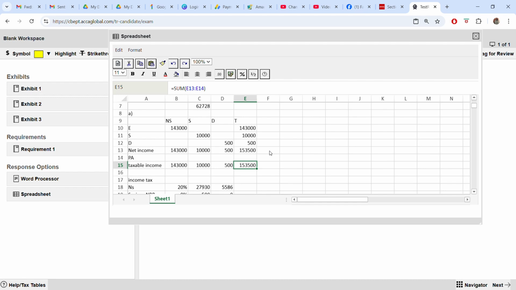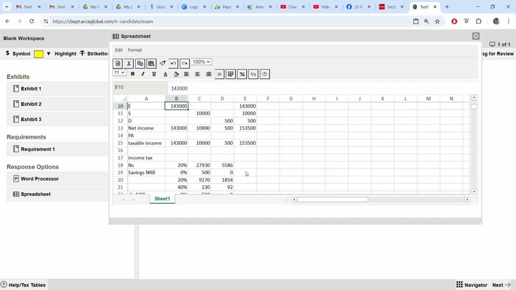So now non-savings. This 143,000 will fall in the basic first 37,700 at basic rate, then next 40%, that is 87,440 at higher and additional rate,